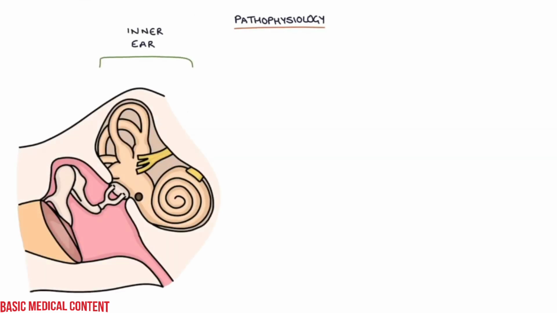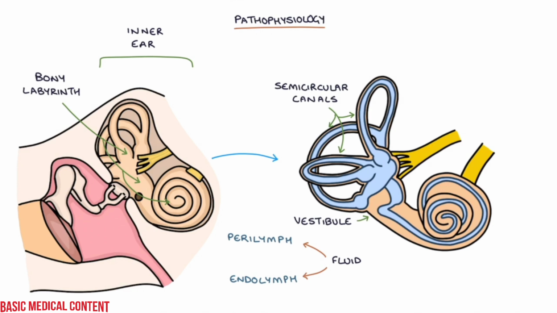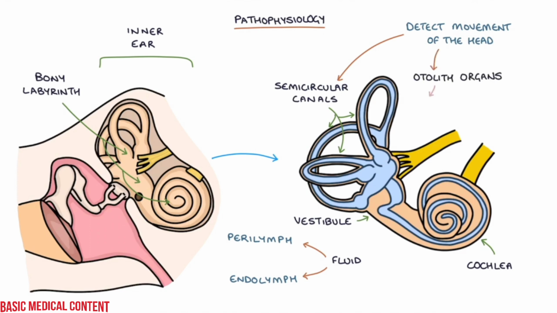The inner ear contains the bony labyrinth, which is a complex bony structure that contains fluids called perilymph and endolymph. The inner ear is comprised of three parts: the semicircular canals, the vestibule, which is the middle section of the labyrinth, and the cochlea. The parts of the inner ear that are responsible for detecting movement of the head are the semicircular canals and the otolith organs. The otolith organs are the utricle and the saccule, which are found within the vestibule, or the middle section of